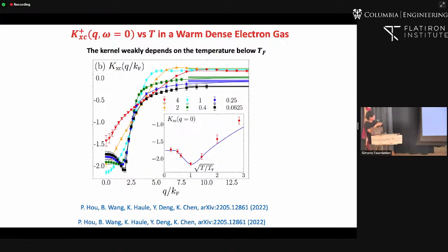how this kernel evolves with temperature. When the temperature increases, we expect the degenerate electron gas becomes non-degenerate above the Fermi temperature, and then we are going to enter the region of warm dense matter. We can calculate the full temperature evolution of this exchange correlation kernel from essentially zero temperature to a very high temperature. Okay, so this is basically the ratio of the temperature over the Fermi temperature,